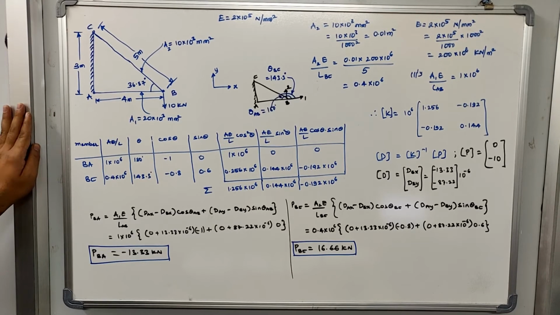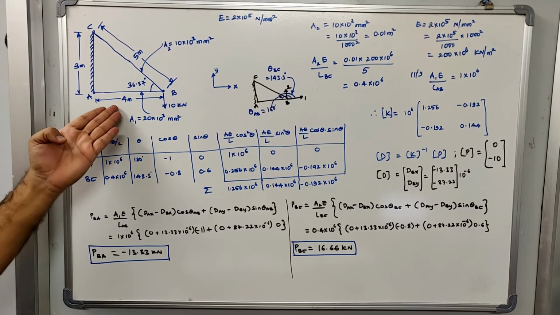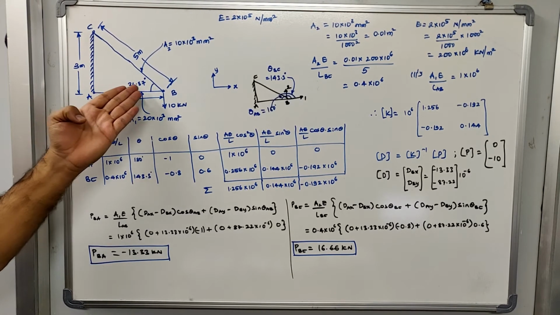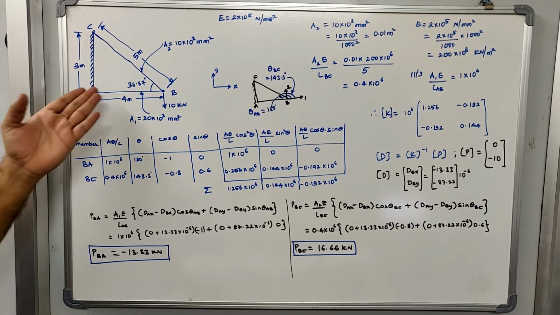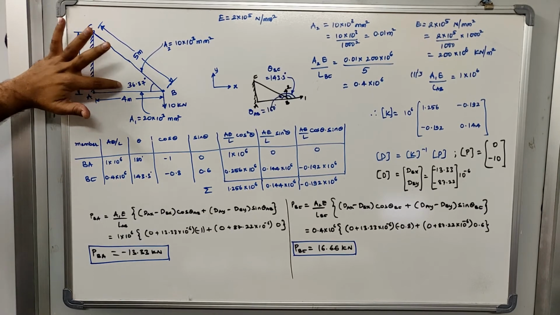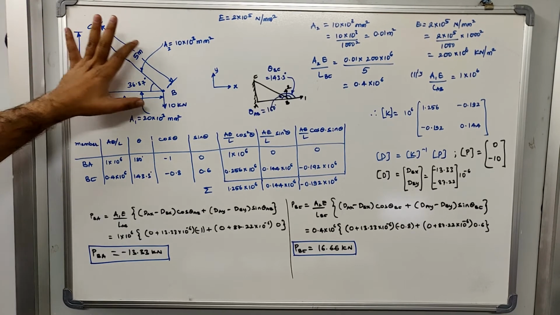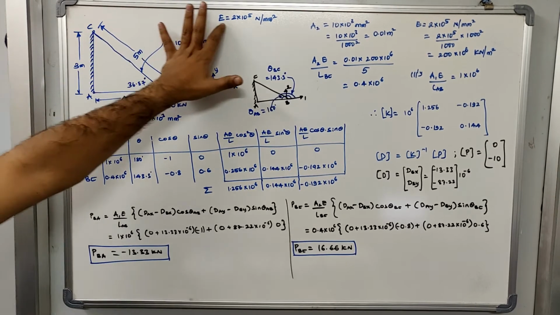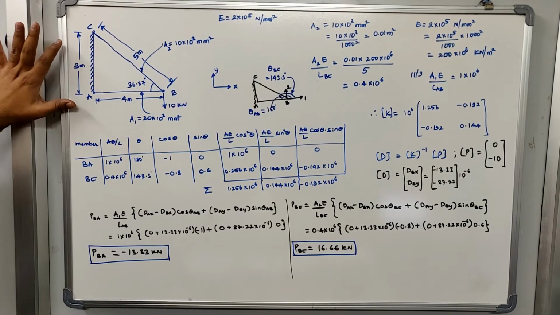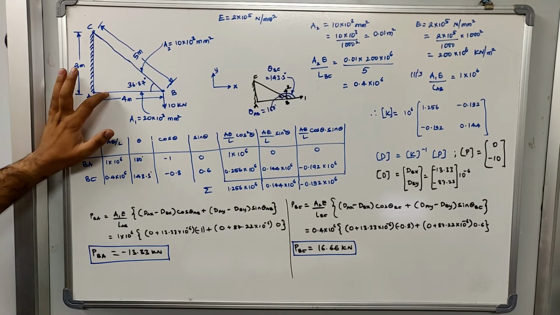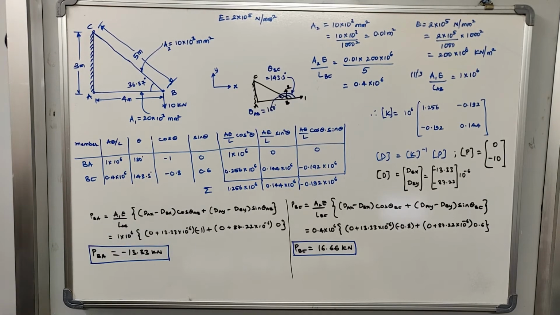First thing we need to identify is the length and the cross sectional area of individual members, and then their relationship with respect to angle. So first let us solve this problem. While solving, this data was not given to you, this angle was not given to you, only this frame was given, and the values of areas A1 and A2 were given. Then the E value is also given. From this basic structure, we need to solve how much is the force that is created in members BA and BC using the stiffness method. Let us start solving it.